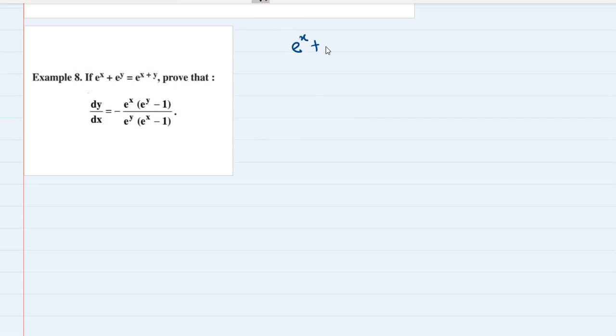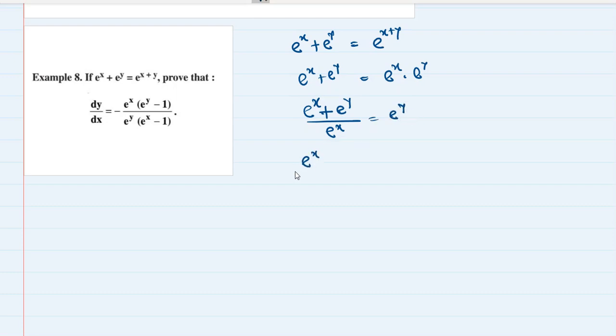e raised to x plus e raised to y is equal to e raised to x plus y. So e raised to x plus e raised to y is equal to e raised to x into e raised to y. ठीक है, तो मैंने तुम्हें बताया कि इसको सिंप्लीफाई करो। e raised to x plus e raised to y the whole upon e raised to x is equal to e raised to y, ऐसे लिख सकते हैं। So e raised to x upon e raised to x plus e raised to y upon e raised to x is equal to e raised to y। ठीक है, तो ये कट के क्या हो जाएगा? 1।